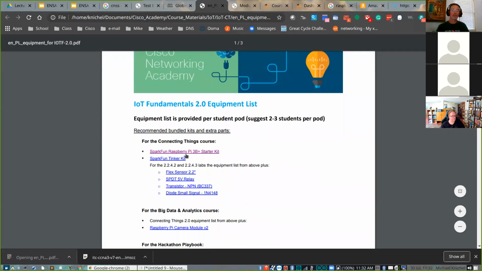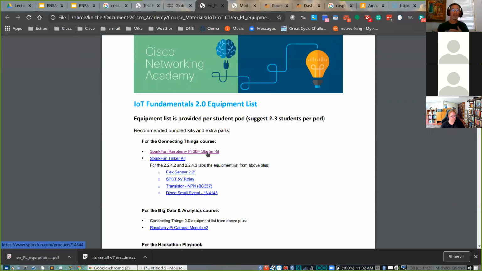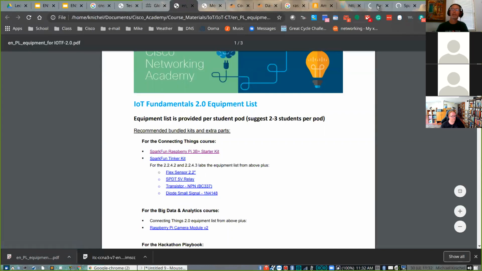Right, so they'll tell you SparkFun Raspberry Pi 3B starter kit. Of course, the 4 is out. This is an older document, so you might be able to get away with the 4. If it's bigger, better, faster, but has all the same stuff, you'll be okay. So, you open up the SparkFun kit, and there's a few extra parts you have to get, right?